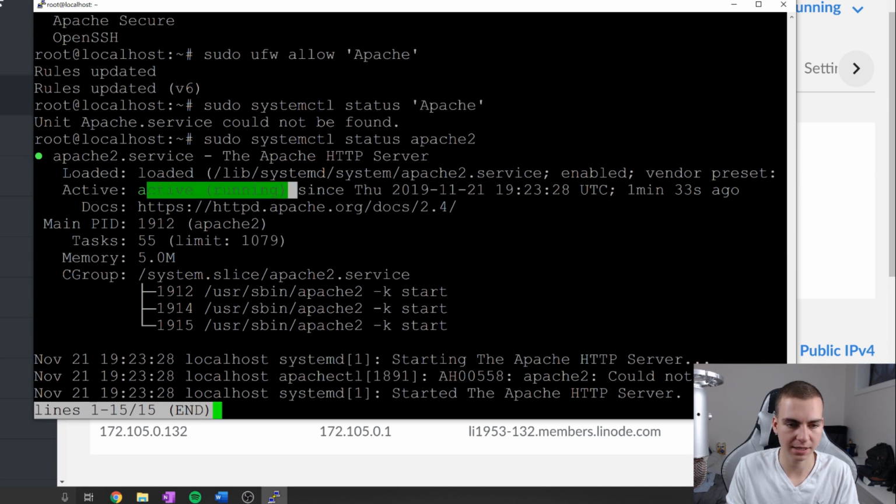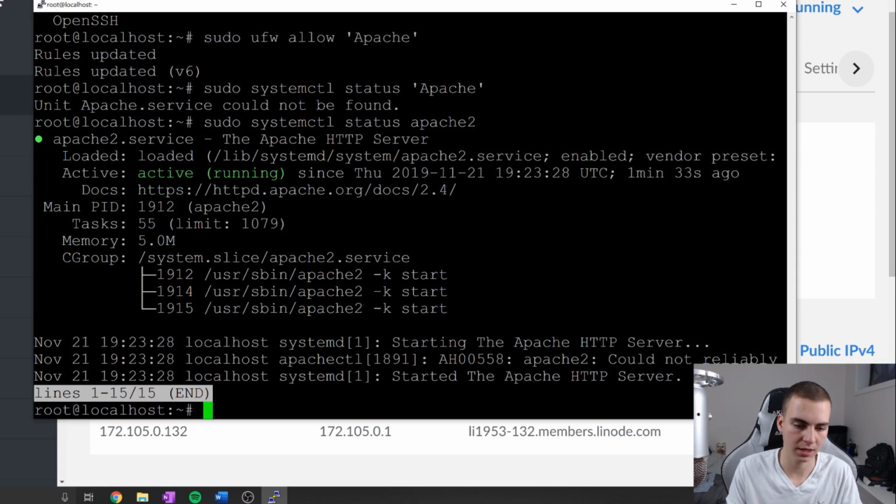You should see some green text that says active running, and you should get that little green dot there. If you get that, this means it's running, everything's fine, you've completed these steps, we're ready to move forward. Now to get out of this, we're just going to hit Control-C on our keyboard. That should exit out of that, and we'll be ready to move on to the next step, which is to